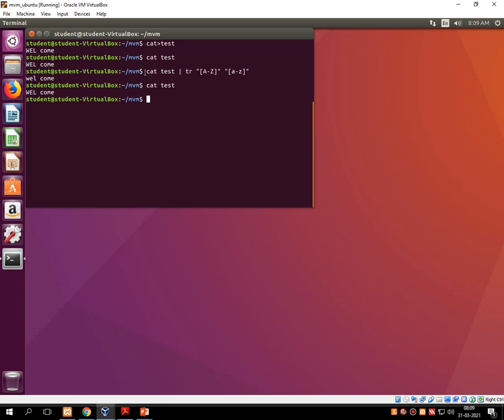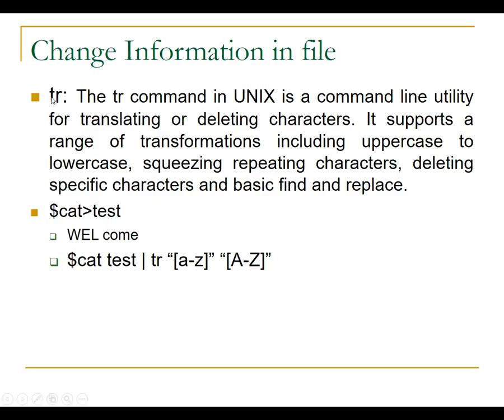Then I performed the command cat, then the file name test, a pipeline operator, then my command tr, which converts uppercase into lowercase. I wrote A to Z in capital letters in double inverted commas, space, then in double inverted commas small a to z, and once I press enter it prints welcome converted into small case, while COME remains as it is. So it prints welcome in small case onto the screen, but it does not change this information permanently in the file. That is the purpose of the tr command.